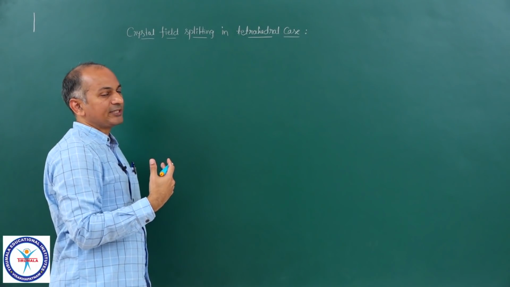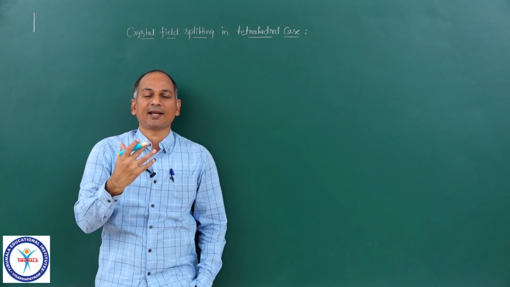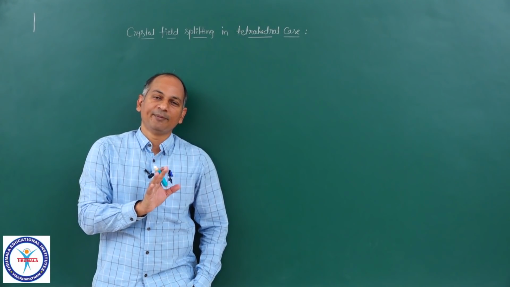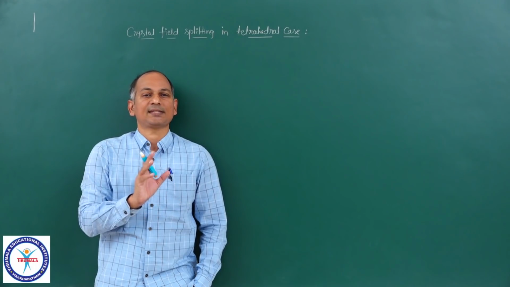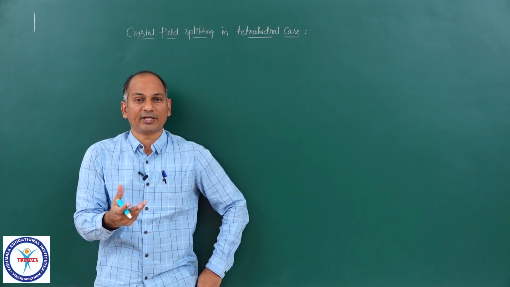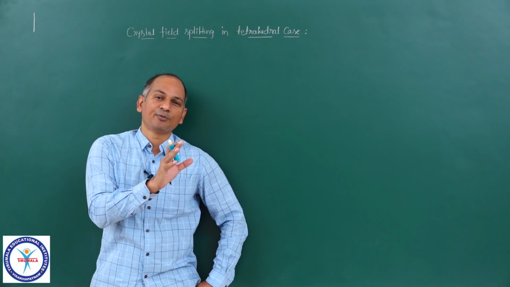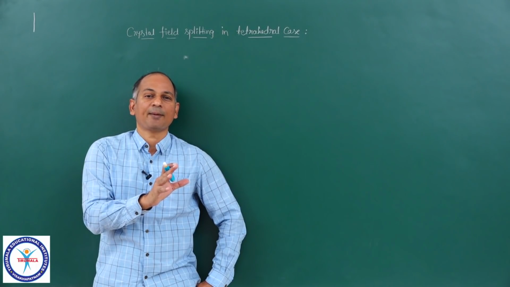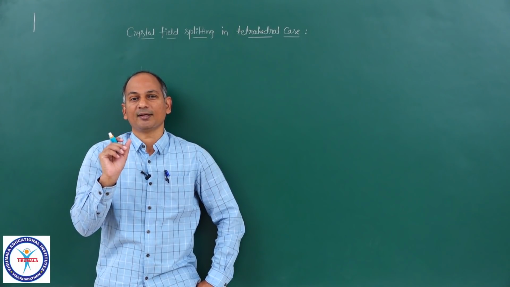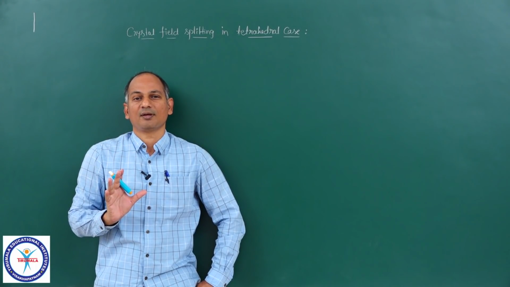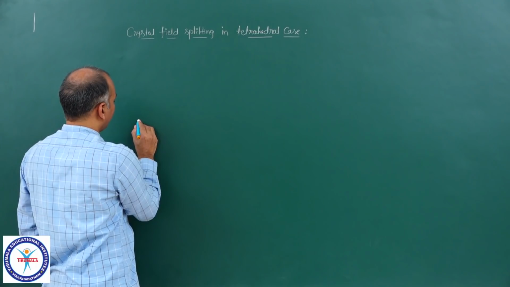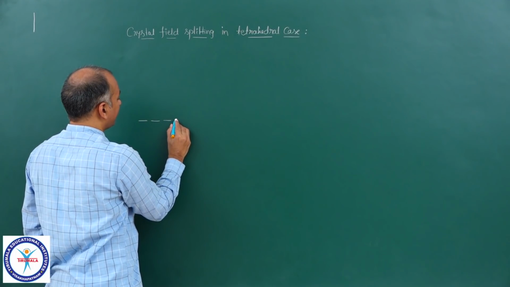Now, our approach is similar. First we imagine that the central metal ion is isolated, not surrounded by any ligand. Then we imagine that the ligands approach the central metal ion in a spherically symmetrical environment. This is our hypothetical step. And ultimately we come to the actual step in which the ligands approach the central metal ion in a tetrahedral environment, pointed in fixed 4 directions. So when the central metal ion is isolated, these 5 d orbitals are degenerate.